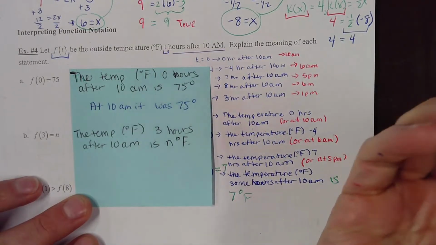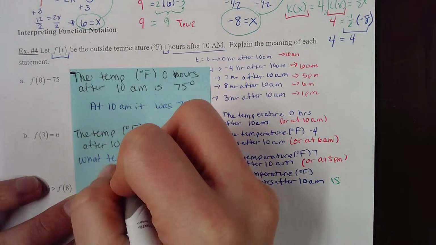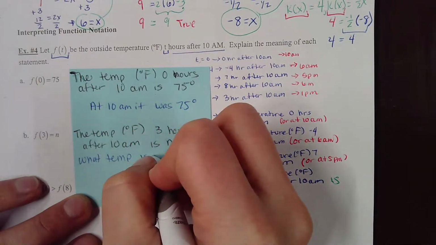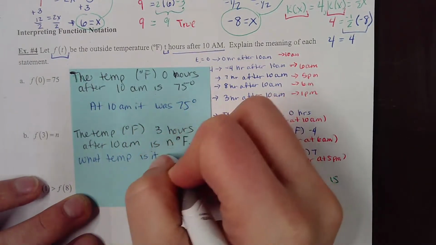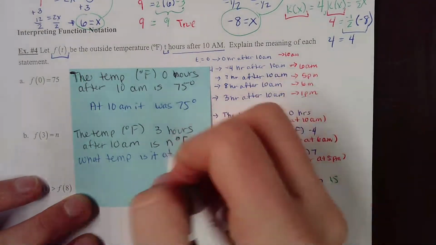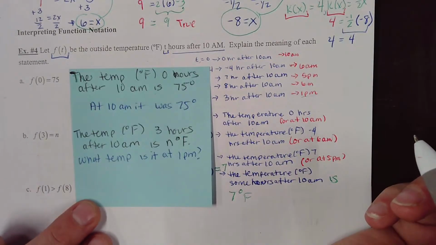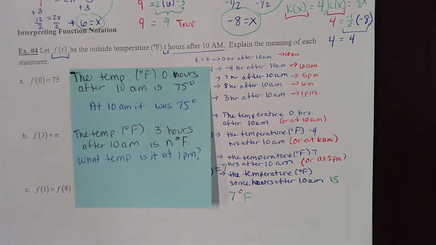That's actually a mathematical question. What temperature was it at, well, 3 hours after 10, we said was 1 p.m. There's your story problem version of the set notation. The last one